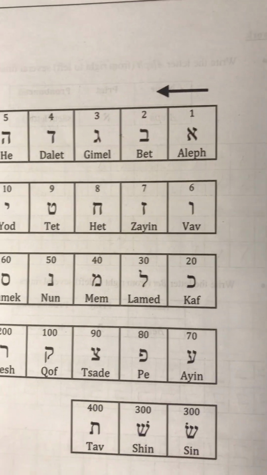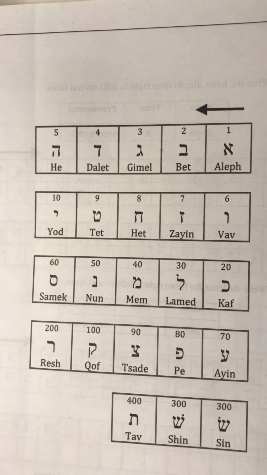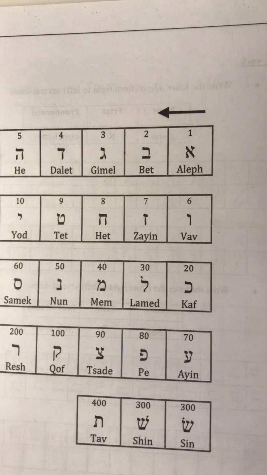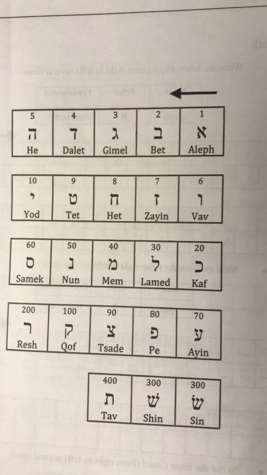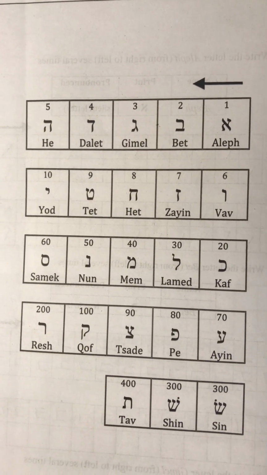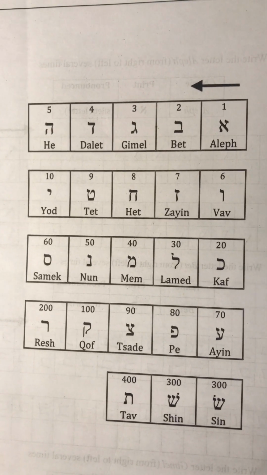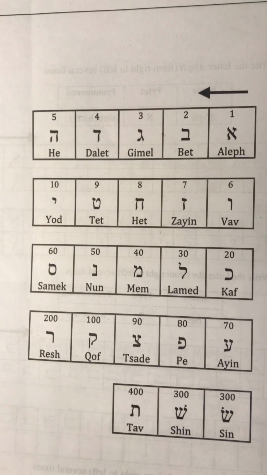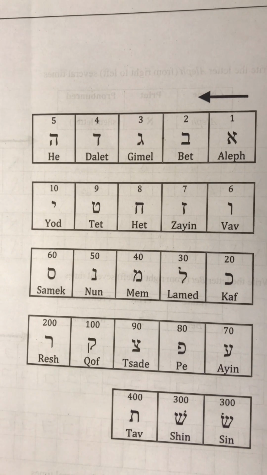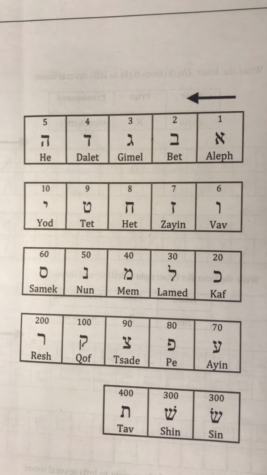So you see Aleph, I go again. You see Bet, you see Gimel, you see all of the rest of the alphabet. I remember that song that I taught you. Aleph, Bet, Gimel, Dalet, He, Waw, Zayin, Het, Tet, Yod, Kaf, Lamed, Mem, Nun, Samek, Ayin, Pe, Tsade, Kof, Resh,